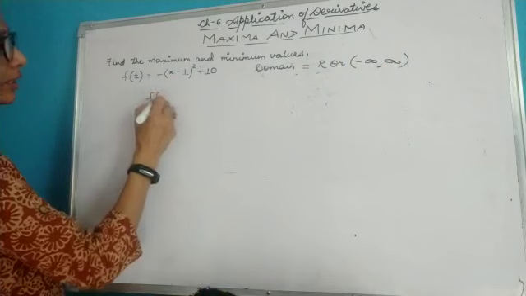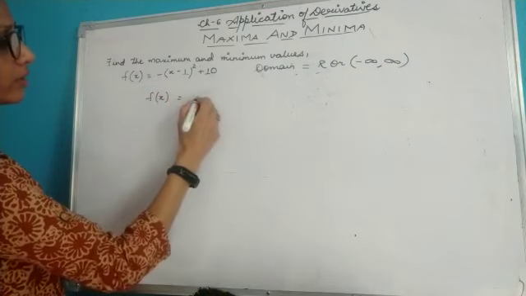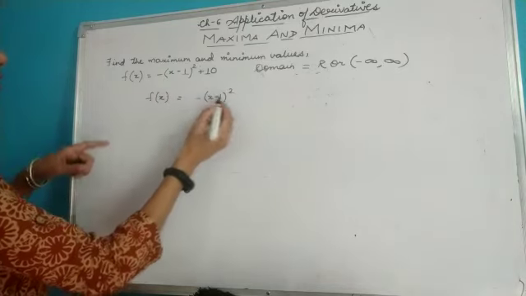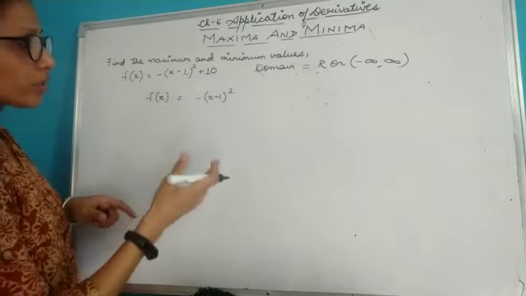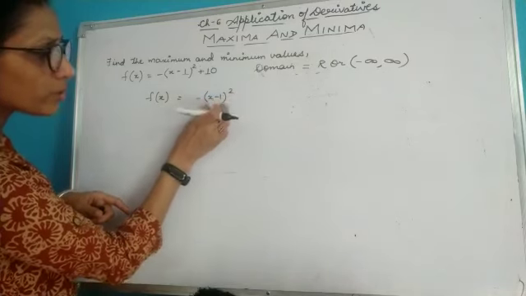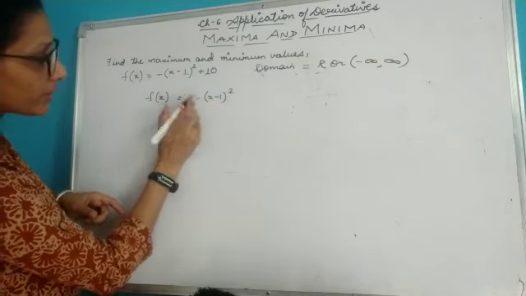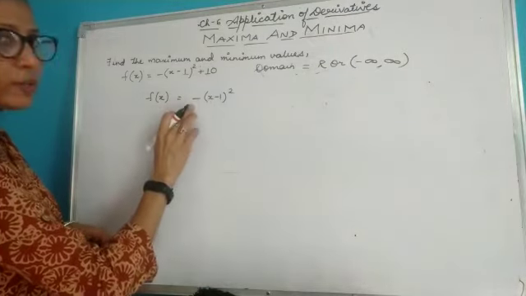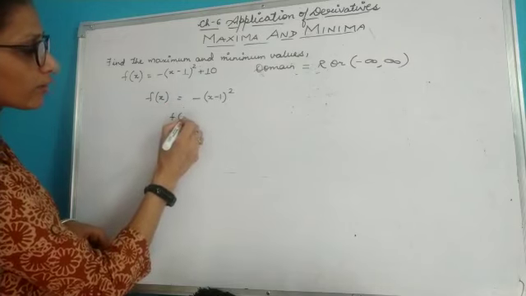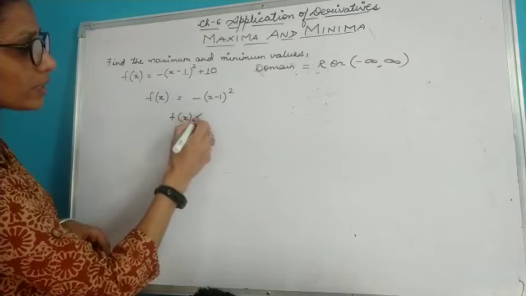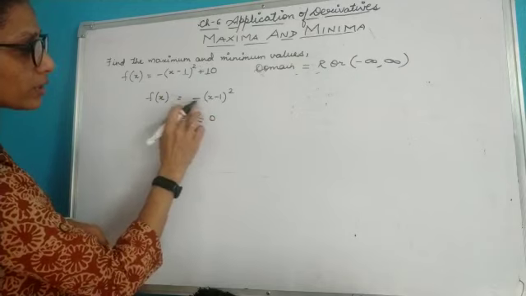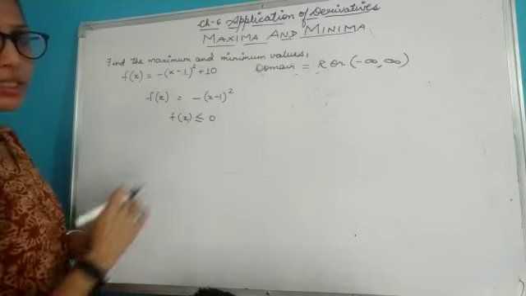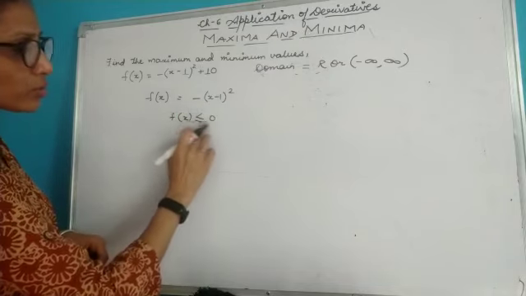Now this function is defined for this variable which is given to me as (x minus 1) whole square. Now x can take any value, positive or negative. It is a square, so this term will come out to be positive, but here there is a negative sign. So no matter what value we are taking, this will always be a negative value. That means your function f(x) will always be less than or equal to 0 because it has a negative sign. So I can write f(x) is less than or equal to 0.